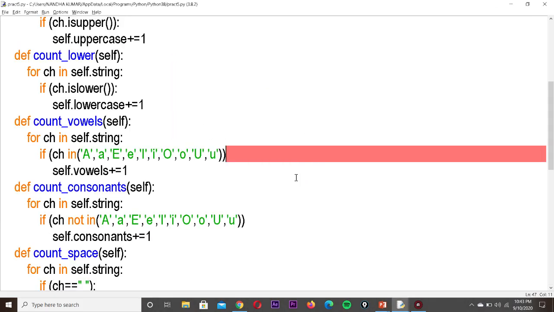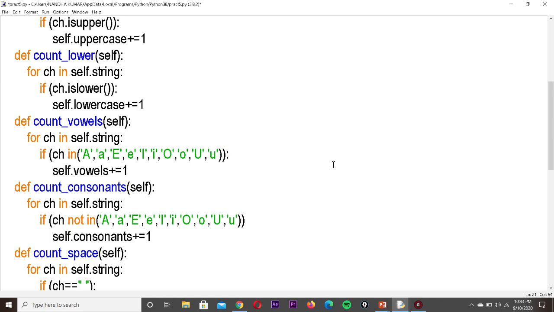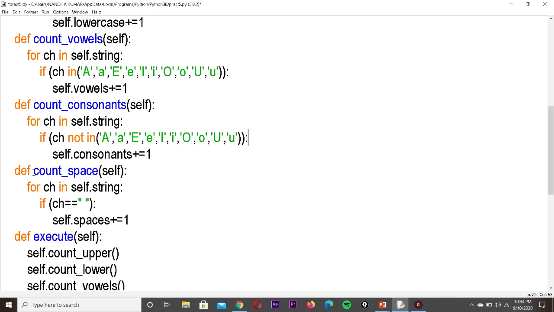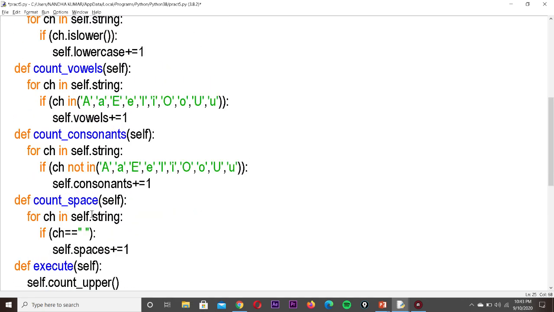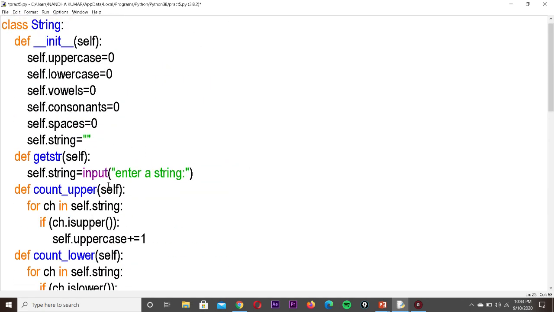See, it is showing invalid. Since it's a very lengthy program, you will definitely make mistakes. See, I have not placed a colon in the if statement. Everywhere I copied the same thing, so the colon is missing everywhere. So everywhere for def you have to make use of a colon, for for you have to make use of a colon, for if statement you have to make use of a colon. So everywhere that is missing. Now we shall execute again.